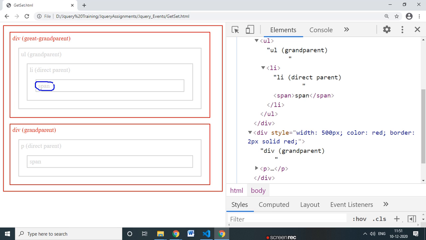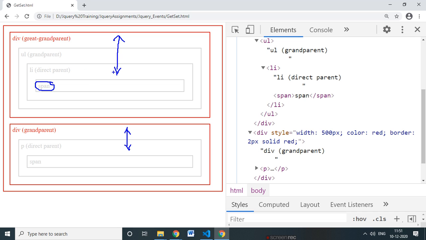What I'm saying is I want to apply the effect on the elements that are within a div and this span. Within a div and this span. So my selector is the span, and based on that I say parent until div.